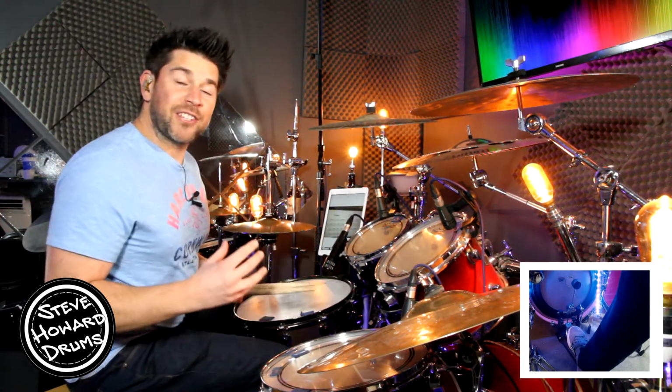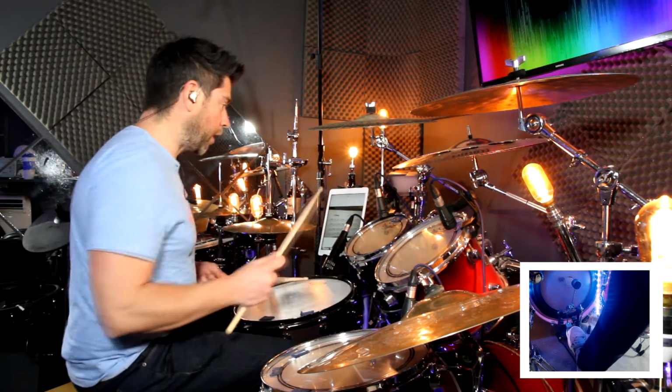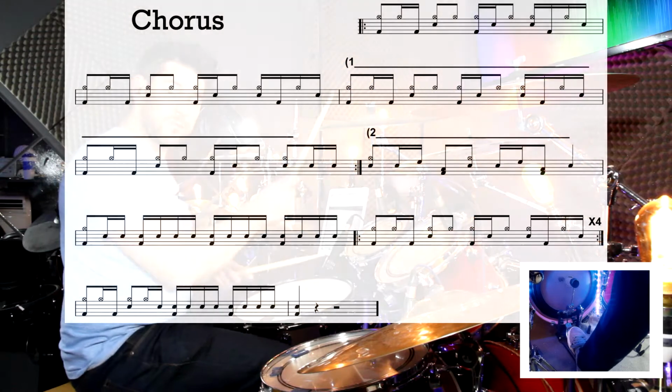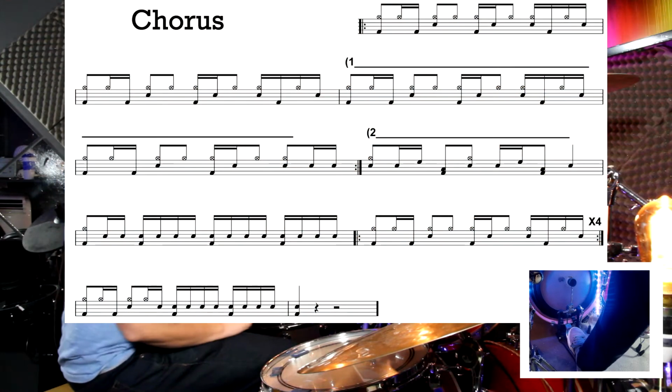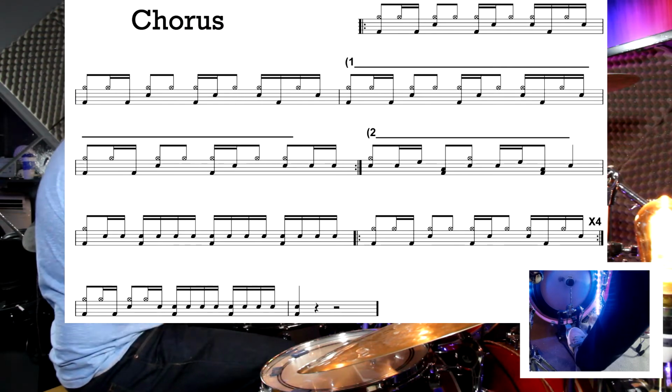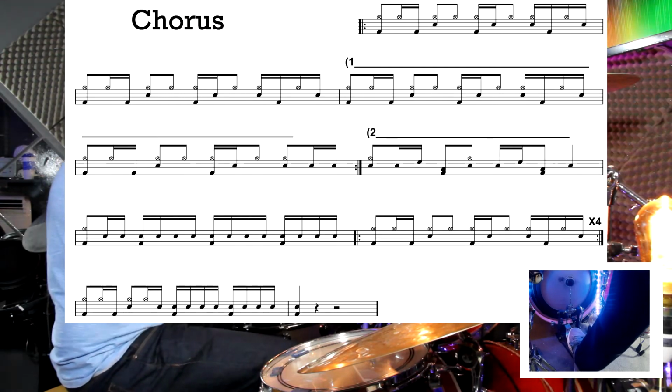Okay, so very similar grooves to what we've covered already. Let's go through it 1 bar at a time. So on the crash cymbal, I'm going to play it again on the hi-hat so you can see and hear exactly what I'm doing. First bar goes 3 and 4 and 1 and 2 and 3 E and 4 E